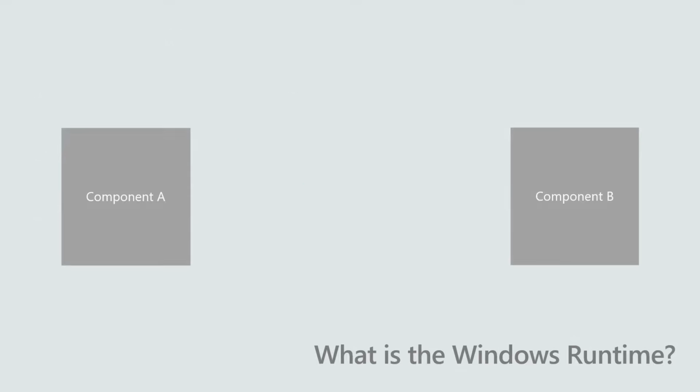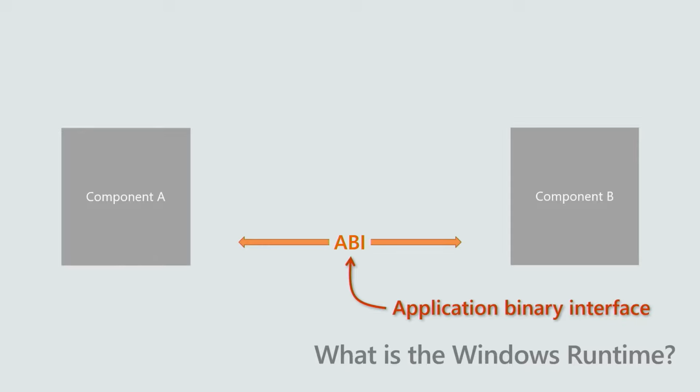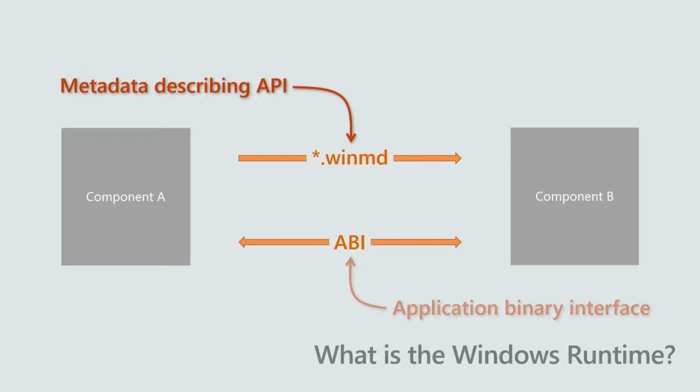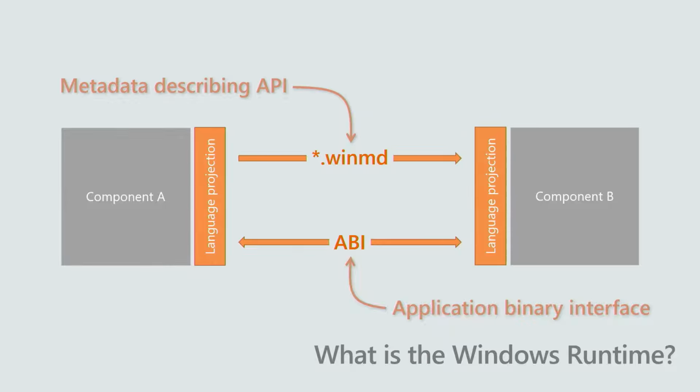So what is the Windows runtime? Well, imagine you have two components and they want to communicate across a stable ABI, ABI being the application binary interface. How do they know how to communicate or what method calls to make? That's described in metadata. So there's a WinMD file that describes all the API calls semantically that this component offers for you. And finally, we have a set of language projections. The language projection takes care of interpreting the metadata and resolving it to a canonical ABI format that they can use across the wire or across the vCalls to make that work into a component.